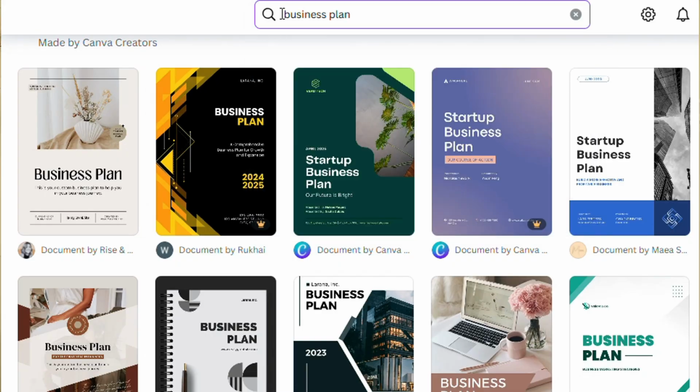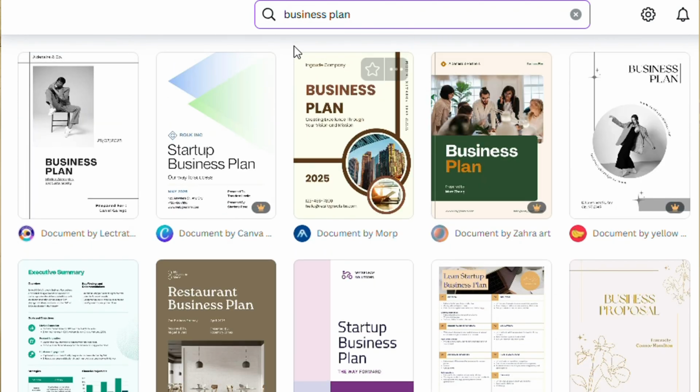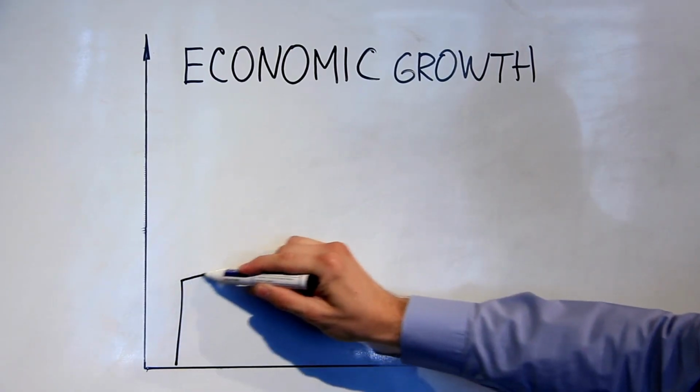This document not only serves as a guide for your business journey, but also as a tool to attract investors, partners, and stakeholders. Remember, a well-crafted business plan is a living document that should evolve as your business grows and